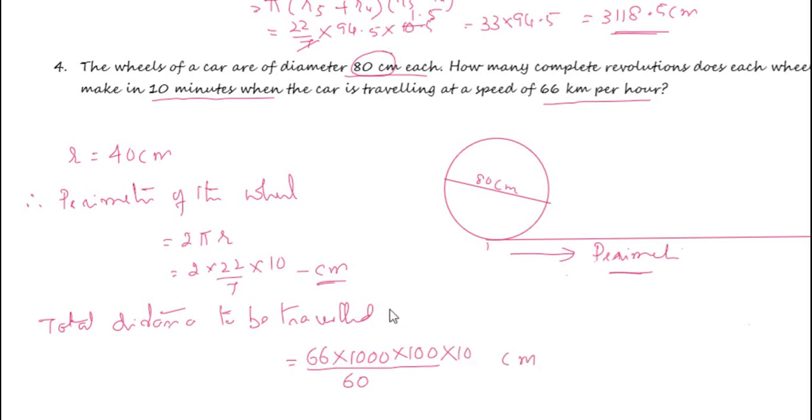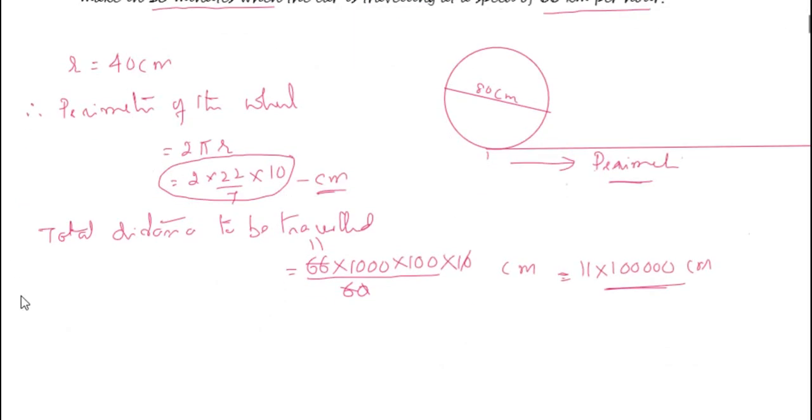The wheel travels or the car travels in 10 minutes at a speed of 66 km per hour. Now this 0 cancels with this. This is 6, 11. So it comes to 11 into 1, then 5 zeros. So many centimeter. This is the distance to be traveled, total distance. In one revolution, the wheel travels so much distance. Therefore, the number of revolutions